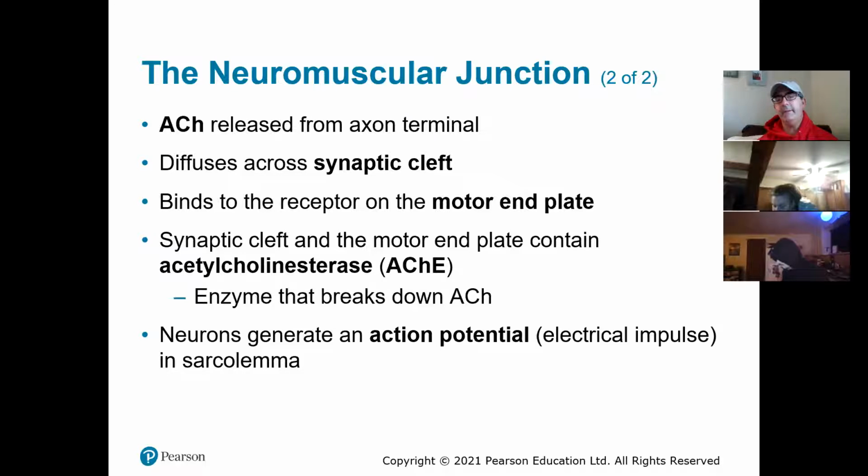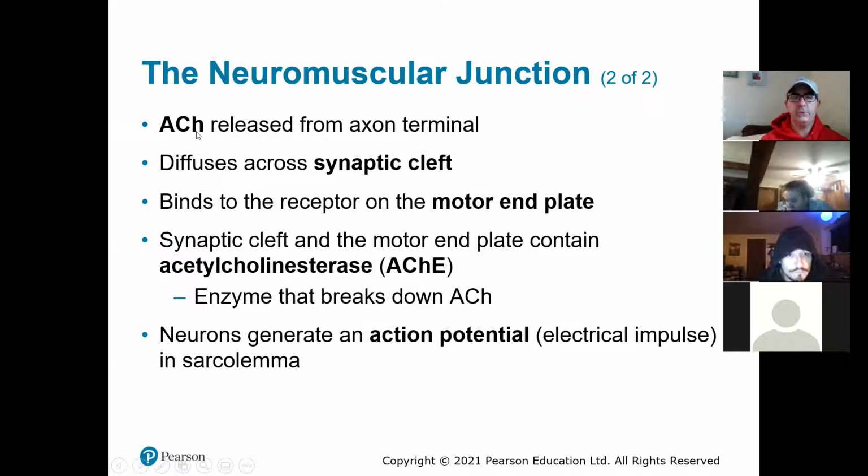And what's going to happen is molecules coming down the length of that neuron are going to diffuse across that little space, and they're going to bind to the muscle cell. Those molecules are called acetylcholine in this case, okay, ACH. So ACH is making its way down the length of the neuron. It gets all the way to the end of the neuron, and it diffuses across that little space